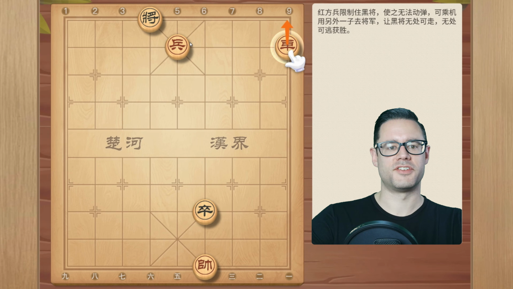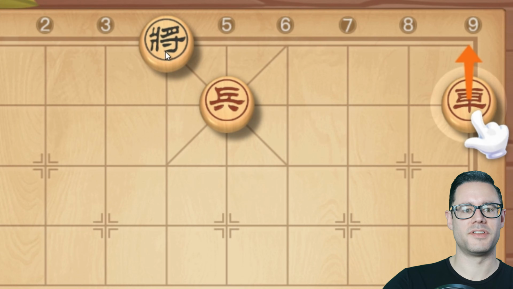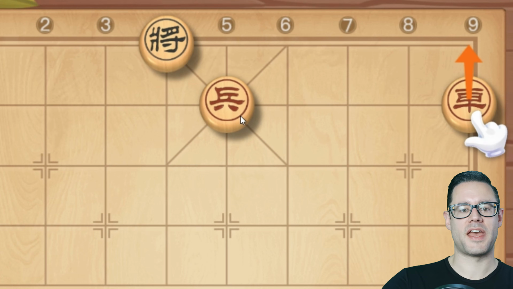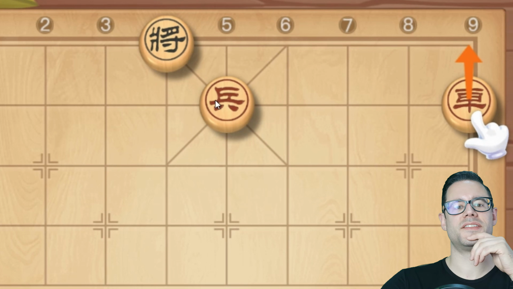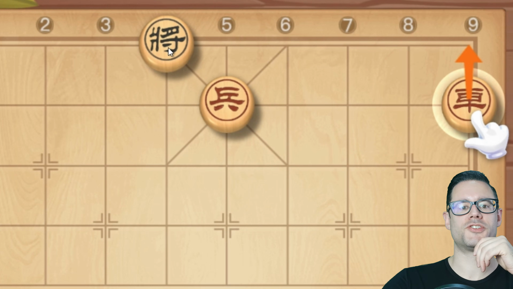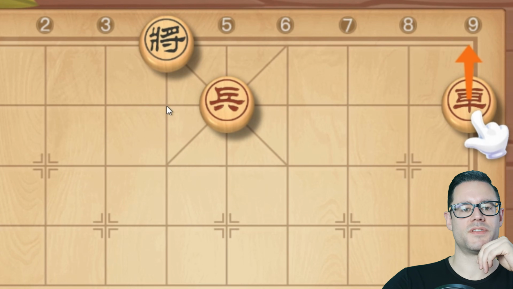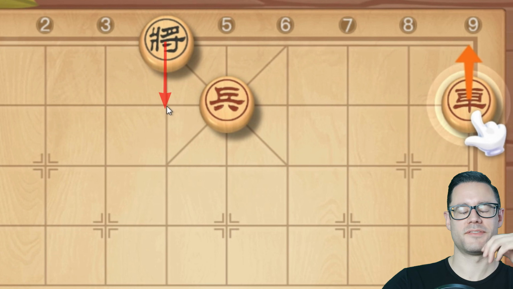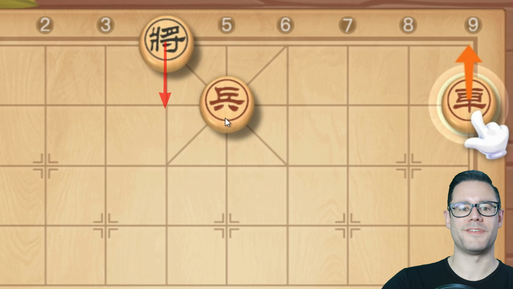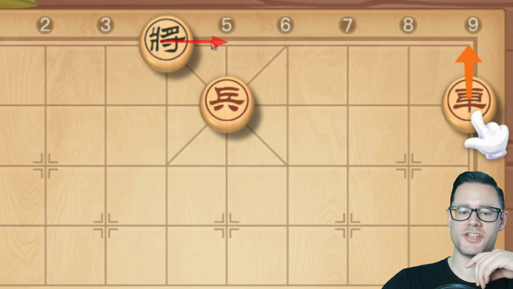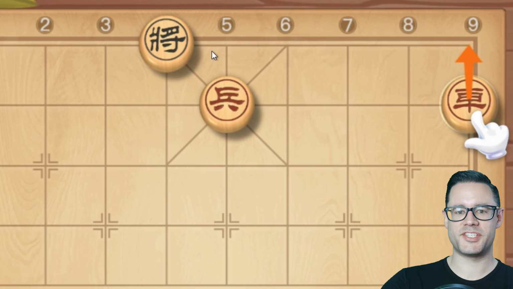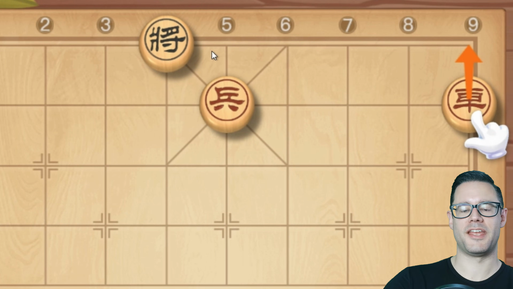Now let's look at this position. Currently, the opponent's general is in this corner of the palace, and we have a pawn sitting in the middle. What this means is that the general's movement is restricted. The general can't advance 1 space because our pawn would take it out. So that would be the general putting himself in check, which is an illegal move. Same thing if they move to file 5, because our pawn could advance forward 1 space and take out the general. So their general is currently stuck with 0 options for being able to move.